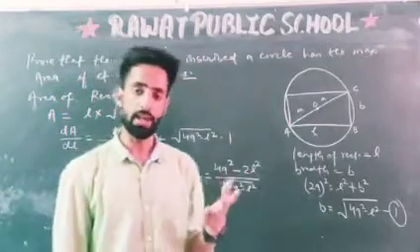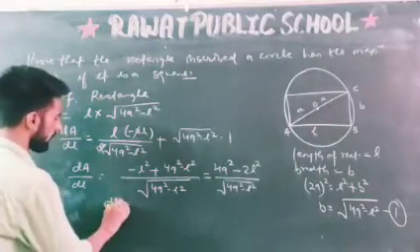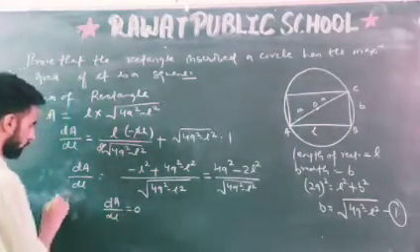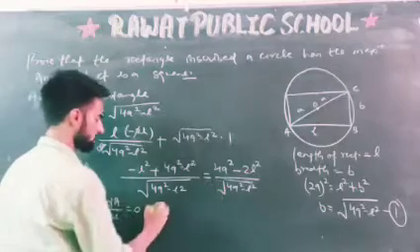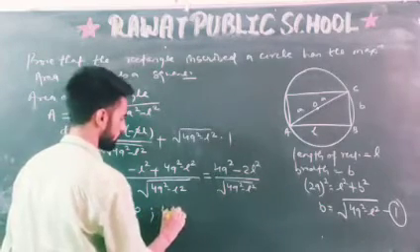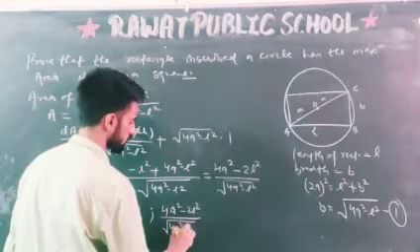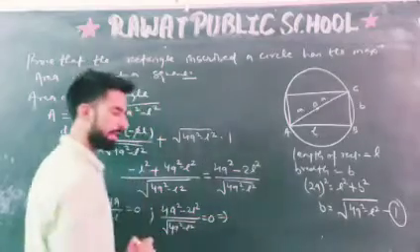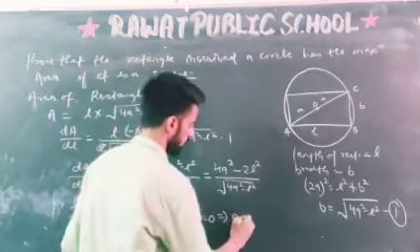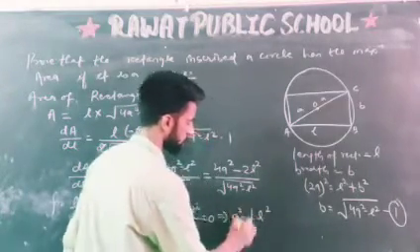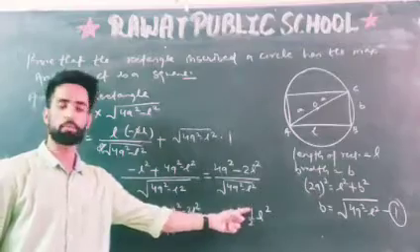Now if the area is maximum and we need the value of length here, what we can do is find dA upon dL equal to 0. This is for L. Let's keep this equal to 0. 4a square minus 2L square upon root of 4a square minus L square equal to 0. In that case the denominator does not matter and only the numerator is left. From here, a square is equal to 2L square by 4. So 2 and 4 cancel, and 2 by 4 means a square is equal to 1 by 2 L square.